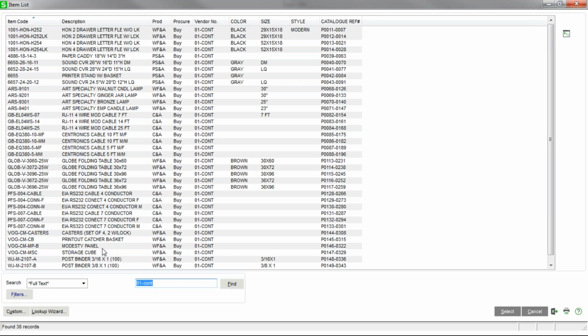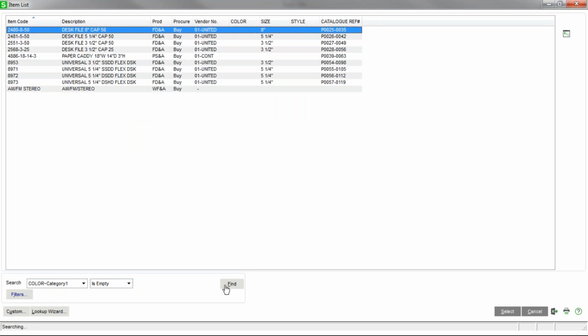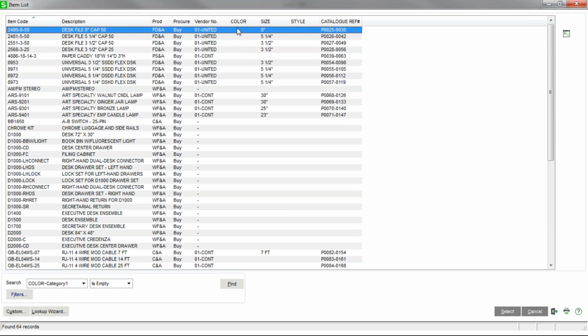Another functionality you have is looking at records that are missing a value. So let's say you want to find all the items that are missing the color field. You can go to now, instead of begins with, you can choose is empty. And this is going to give you a list of all of the items that have a color that's blank. So here's all those. So you have the ability to go in and add those in. Let's go back to the